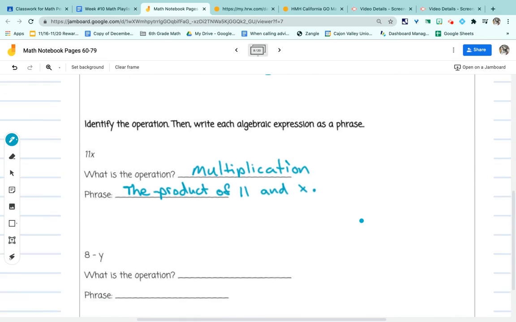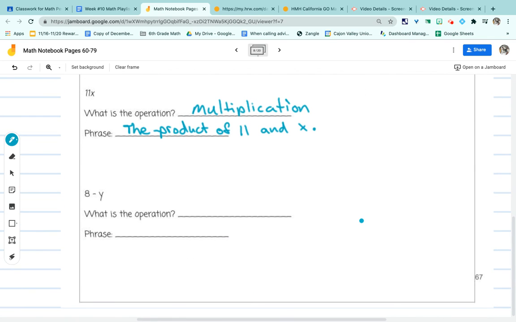All right. The next one down below, 8 minus y. Well, it's pretty clear what the operation is, right? The operation is subtraction. Okay. And the phrase that we're going to say here, there's a couple ways you could do this. On page 63 for subtraction, you could say subtracted from, you could say minus, you could say difference, and you could say less than. So what I'm going to do is I'm going to use less than for my phrase here, and I'm going to say,